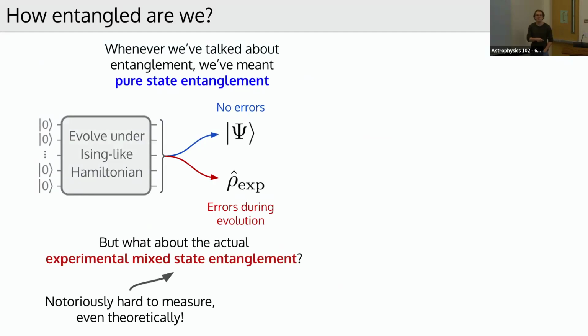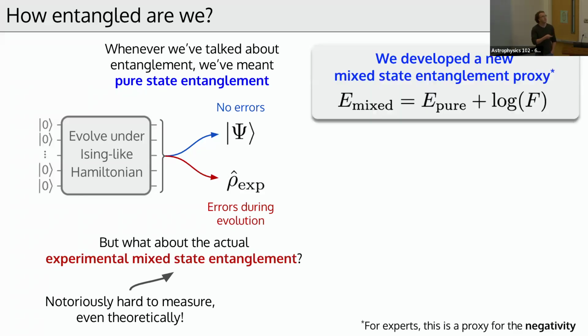But it's actually notoriously hard to even think about a measure for entanglement for mixed states, even theoretically. After browsing through lots of old works from the early 2000s, when people were thinking about these questions, we discovered that you could write down a very simple estimator for the mixed state entanglement, which is shown just here. The mixed state entanglement is just the pure state entanglement of the state here, plus the log of fidelity. Fidelity will be less than 1, so this quantity will be negative, so mixed state entanglement will be less